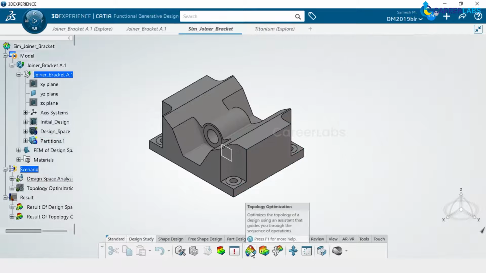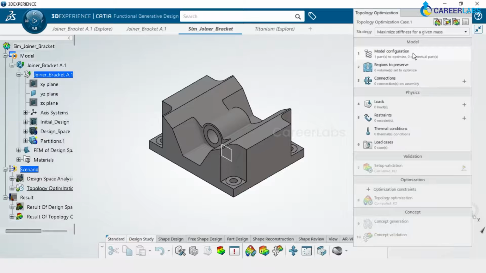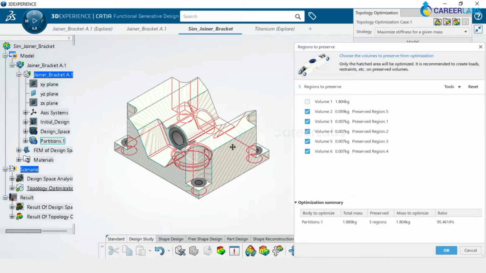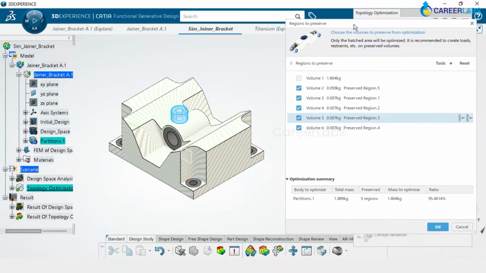We'll again come back to our topology optimization where we have already created a task. Now if you see, there are no more errors. Next, it is asking for regions to preserve. So the regions to preserve was the first step that we have done, where we created all these partitions. So we'll just go and click on it and then just check whether these are the right areas which need to be preserved. Yes, all these are the areas which need to be preserved. So if anything is to be added, you can also go and manually add it, but as of now we have already assigned and that is being taken care of by the software. Okay.